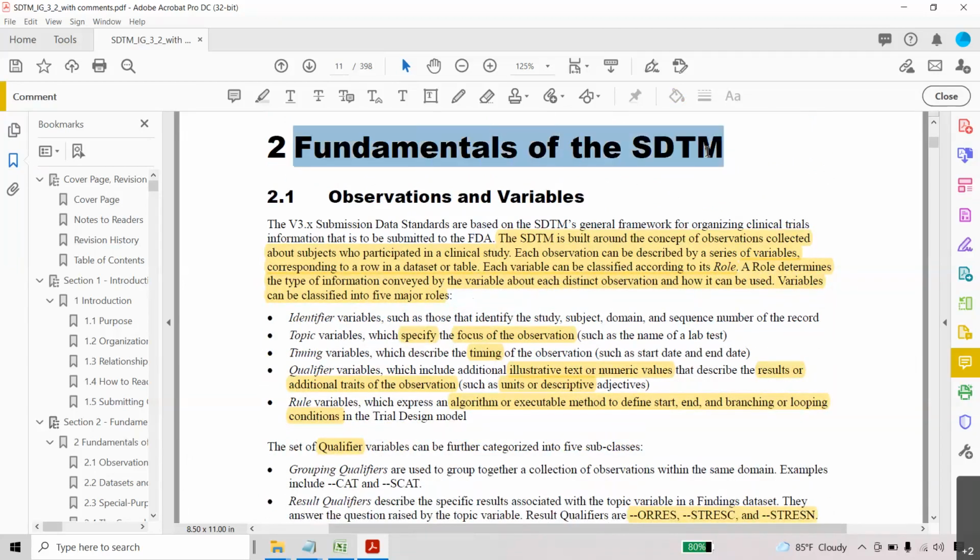Okay, next we will see the fundamentals of the SDTM. Yesterday or today I said we deal with data. In the data, you can see some information. Whether you see the data horizontally or vertically, without some reference you will not understand, or no one will understand, correct? That's why CDISC created a few variables in terms of standards. Those are called variables, okay? These are very important.